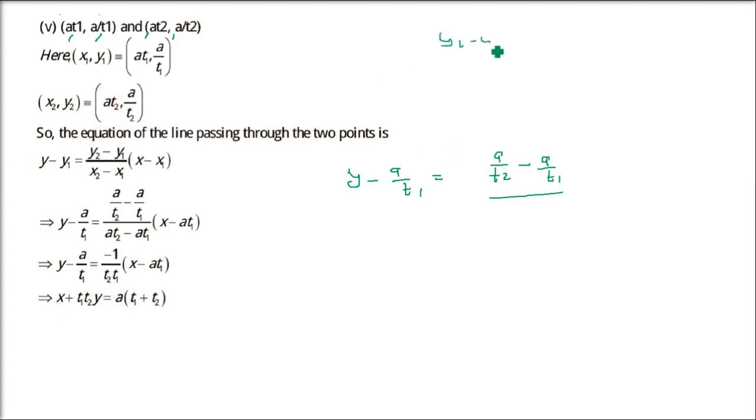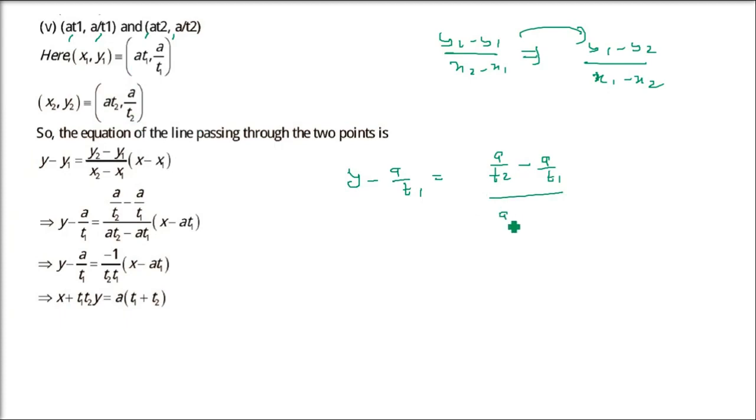One more thing I would like to tell you. y2 minus y1 by x2 minus x1 is equivalent to y1 minus y2 by x1 minus x2. So they are exactly the same. If we take minus common from both numerator and denominator, it will be cancelled. So in whatever way you want, you can do it.